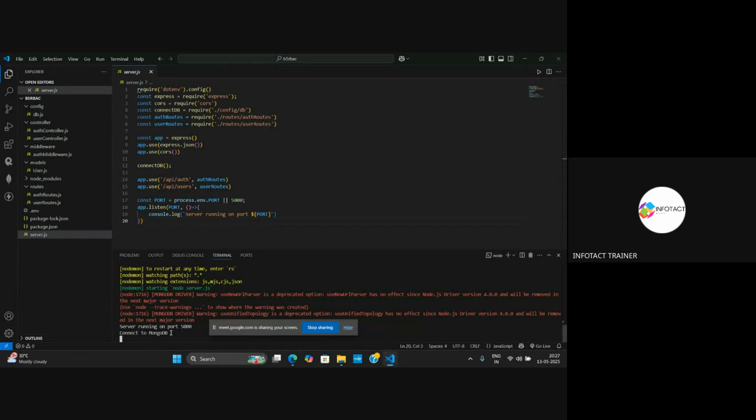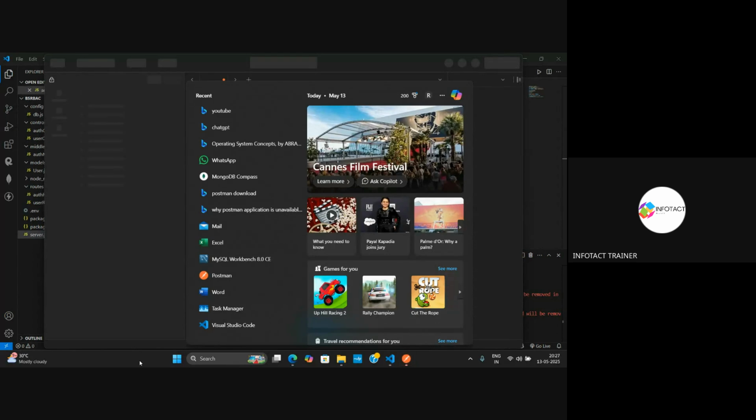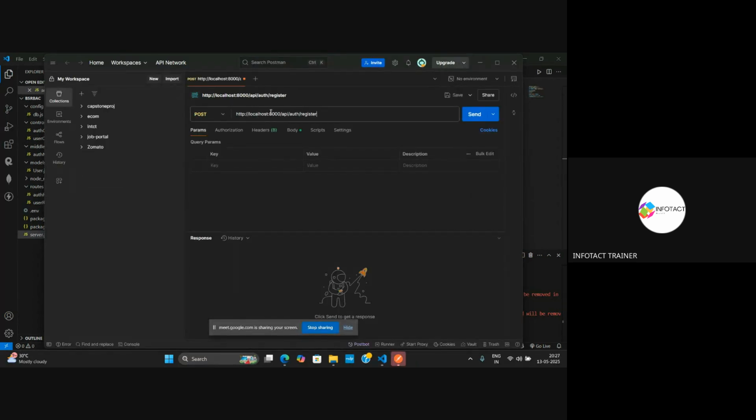So it got connected to the MongoDB. So you people can test it by using Postman. And my server is running on port 5000. My API endpoint is API auth then register. Inside my body, I will